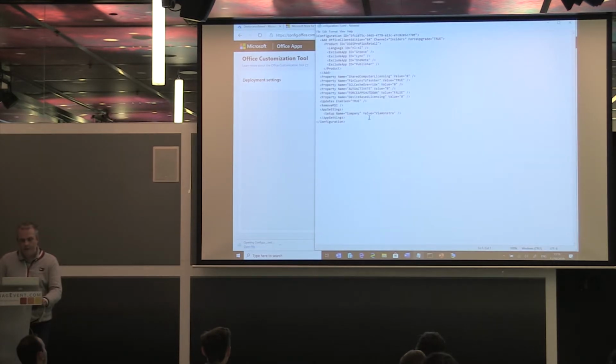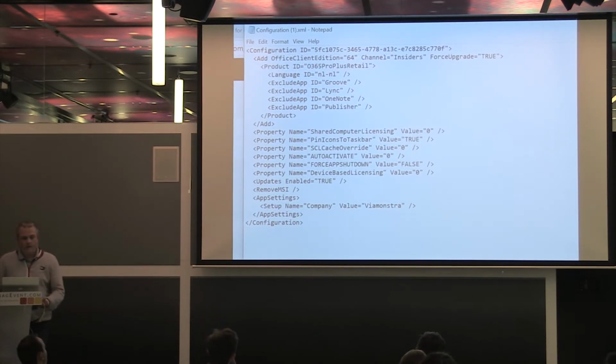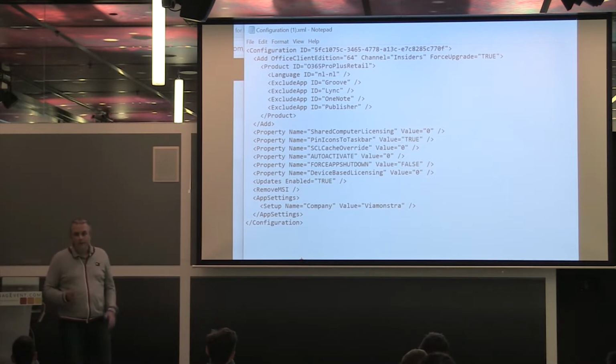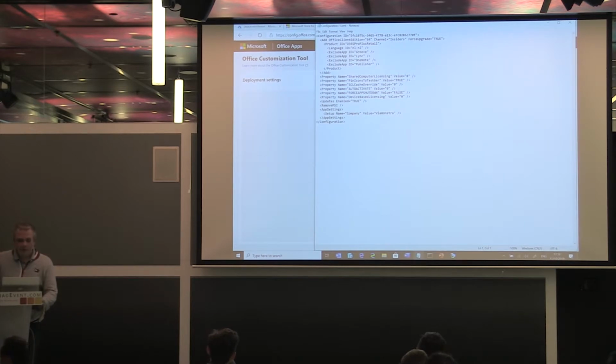And this XML file, we can use in Intune, but we can also use it in, for instance, your existing deployment method, like Config Manager, or if you have SamWorks, you can most likely use it with SamWorks also. But let's have a look in